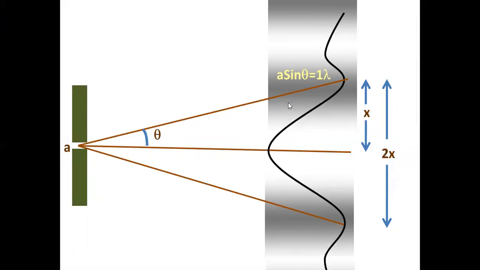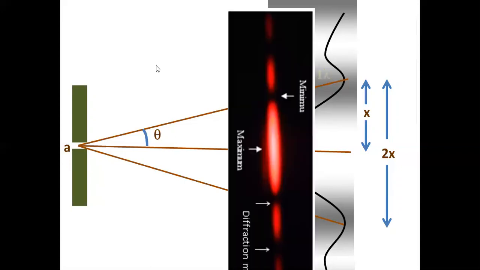If theta is very small, what is this formula? Sin theta is almost equal to theta. So shall I write it as a theta? If theta is very small, then a theta is equal to 1 lambda. Is it correct? Because sin theta can be taken as almost theta. If a theta is equal to 1 lambda, what is theta? Theta is equal to lambda by a. This is the simplest formula. But I want to make it very clear, what are you going to find out? These mathematical steps you can understand. What is this actually? It is the angular width of the central maximum.